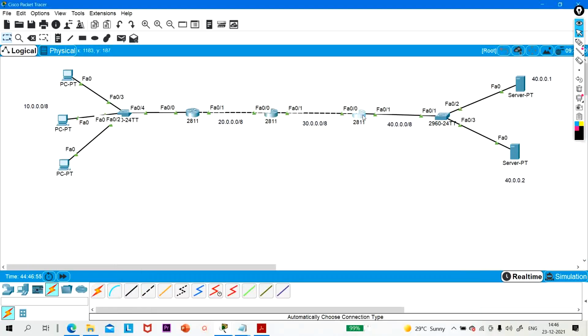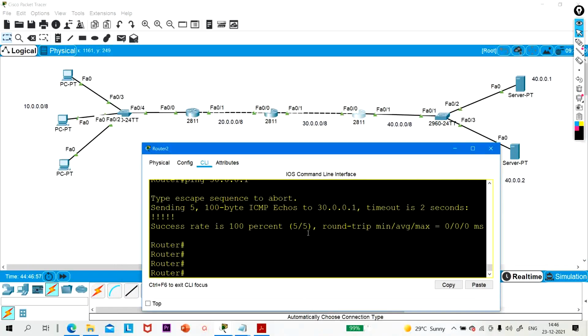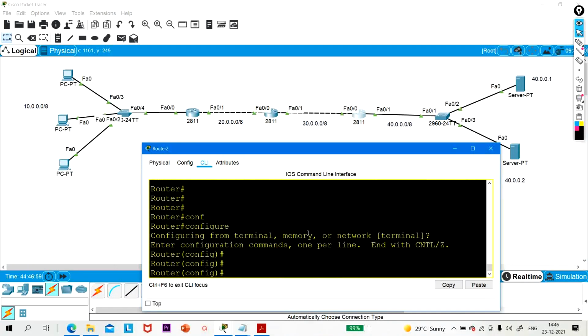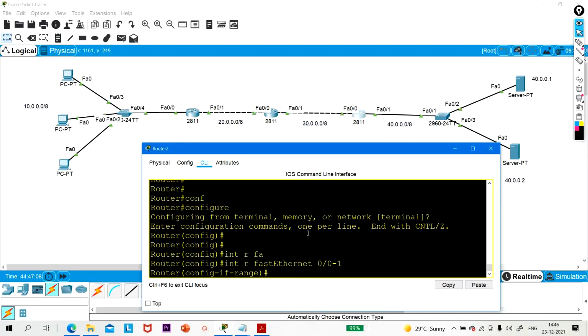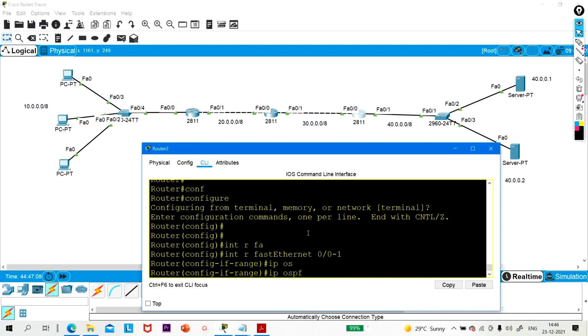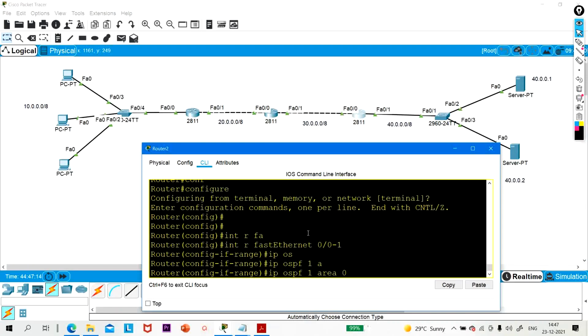Now let me configure OSPF on R3. Interface range FastEthernet 0/0 to 1, ip ospf, process ID and area 0.